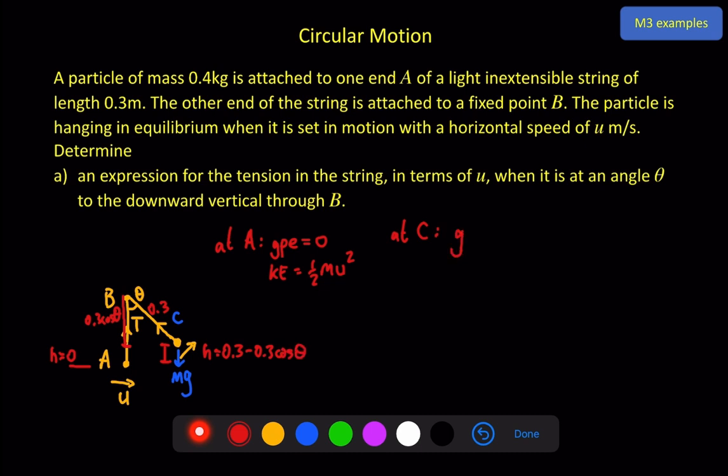So the gravitational potential energy is equal to the mass times gravity times 0.3(1 minus cos theta). The kinetic energy is equal to 1/2 mv squared,